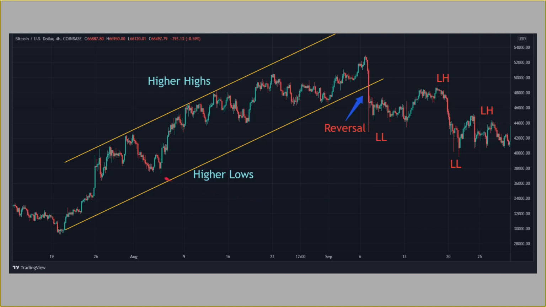So here's an example of a market reversal to the downside. This is Bitcoin from late July into early September of 2021. This is the 4-hour chart, Bitcoin to US dollar. Each one of these candles represents 4 hours worth of time. Generally, Bitcoin was producing higher lows and higher highs, and it was very obvious, particularly as we got to